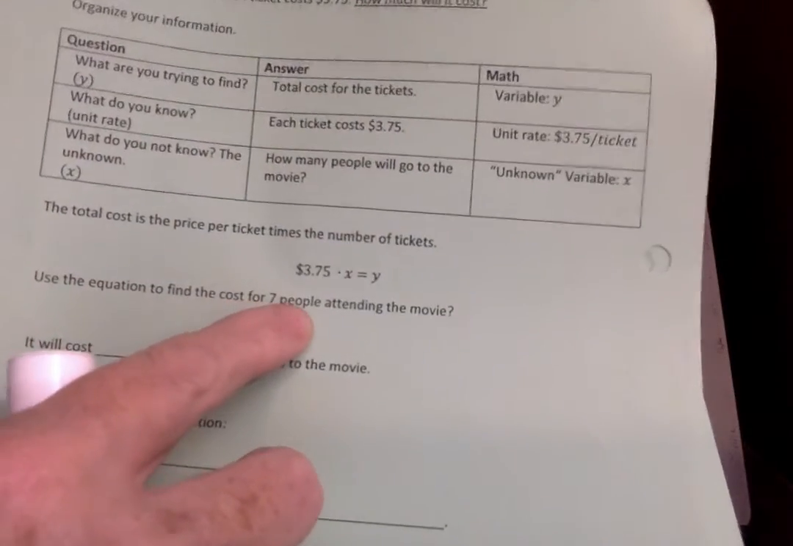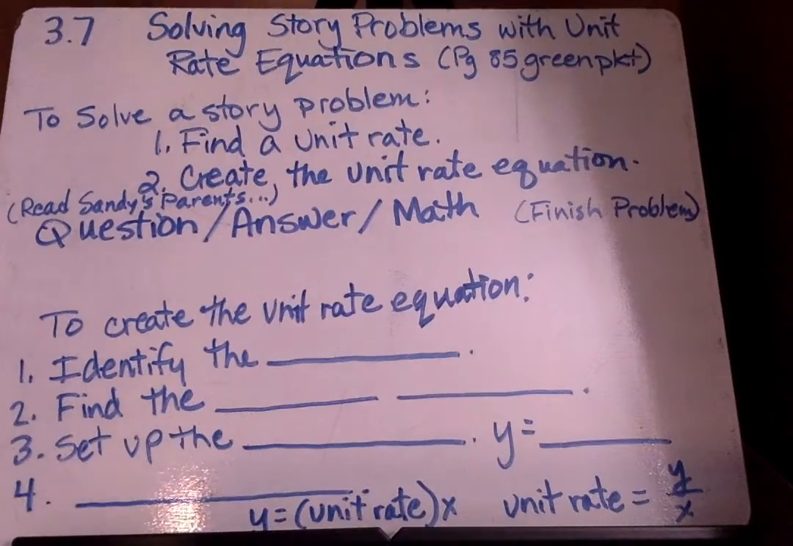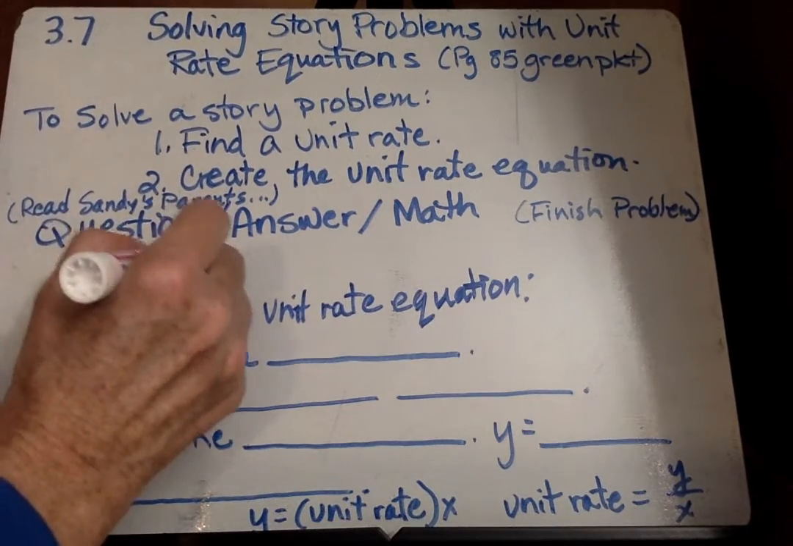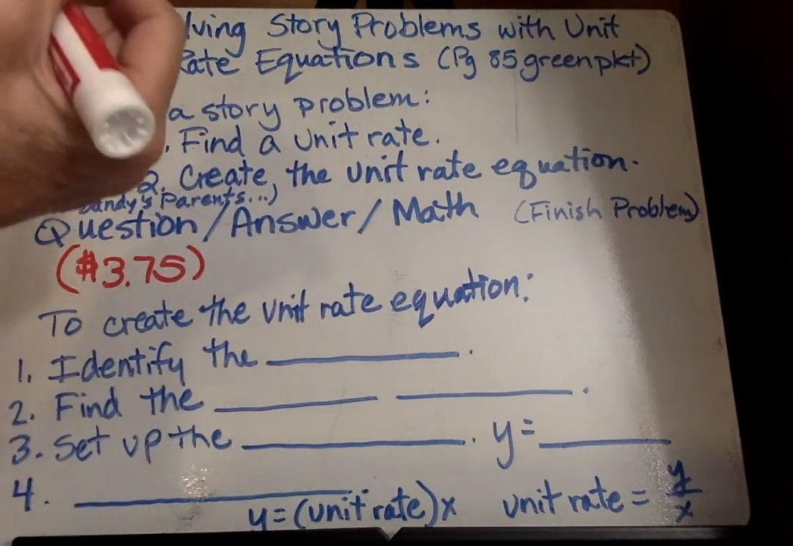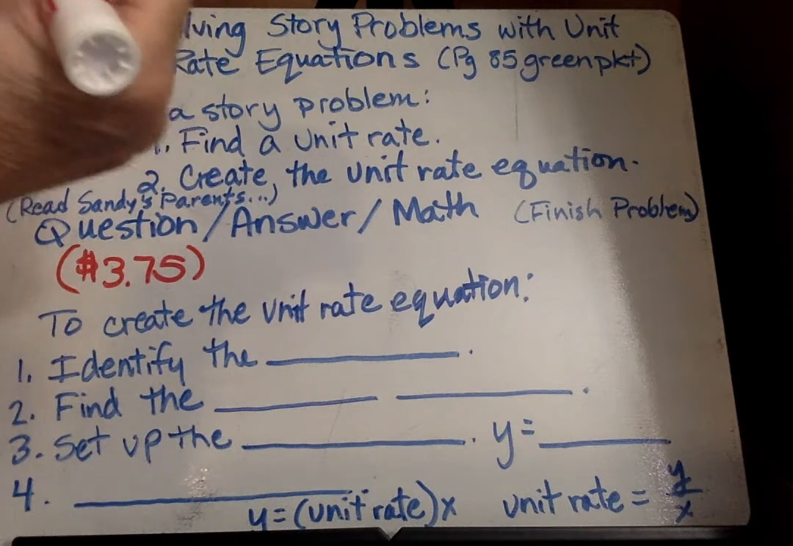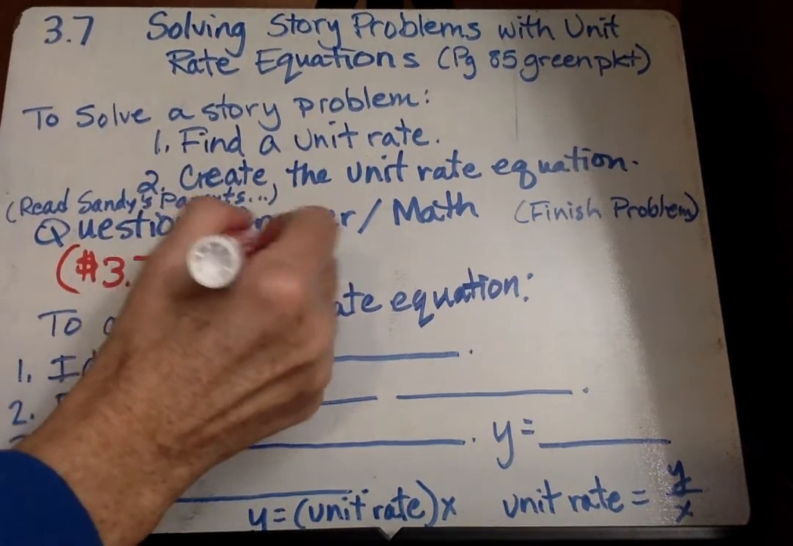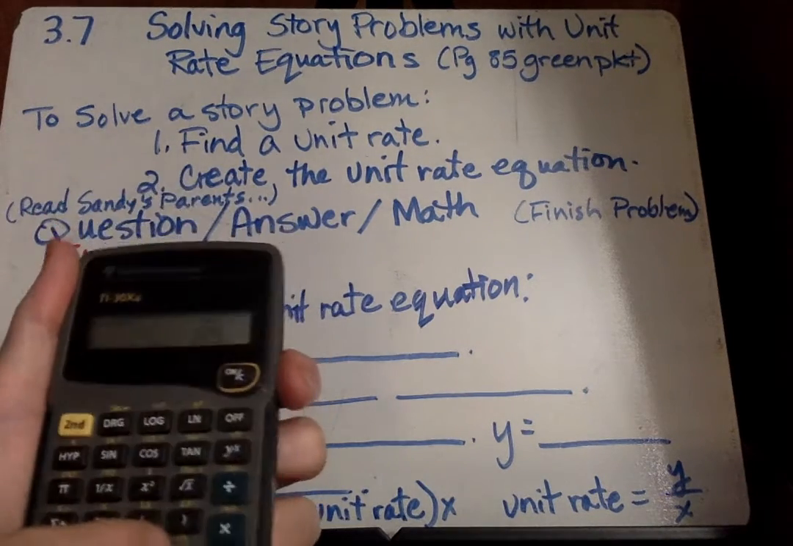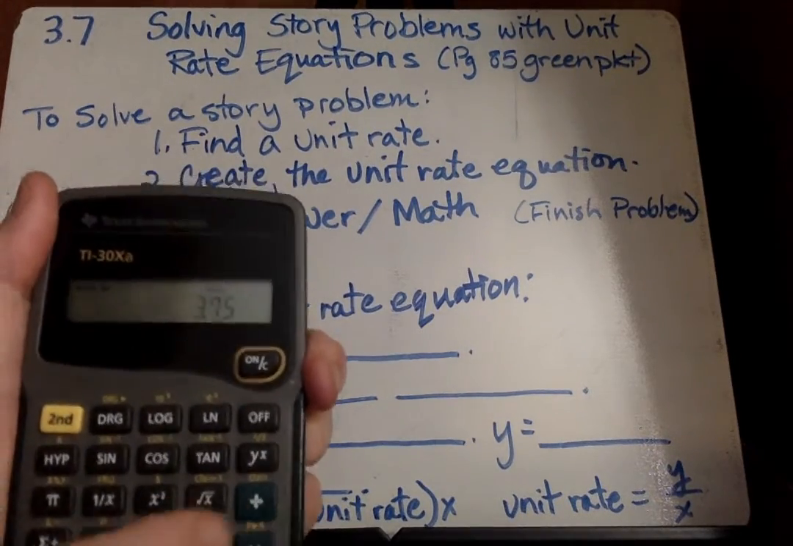Use the equation to find the cost for 7 people attending the movie. So we're going to put 7 in for x right here. Okay, so we put 3.75 times how many people were going? Let's see, 7 people are going to be going to the movies. So you take your handy dandy calculator. So we have 3.75 times 7,